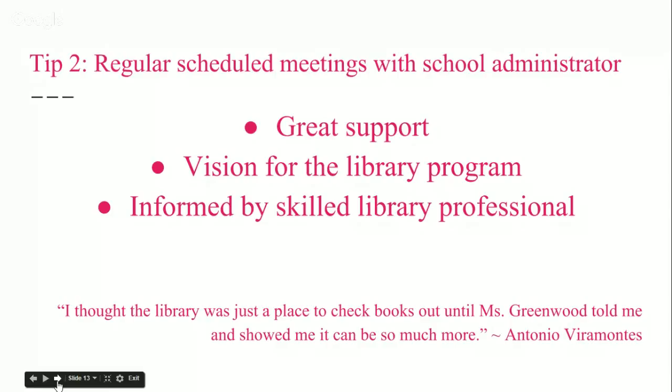That, oh, yeah, I want the kids to have textbooks, duh. And I want them to get library books, duh, again. I know that, but what's the vision and the plan? So they sometimes don't realize what it is we do. And if you think about it, we're like the only one on the campus. We are the lone ranger, because we're the only librarian there. Teachers, there's a plethora of teachers, all grade levels,